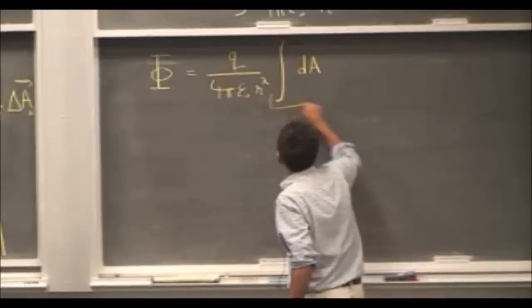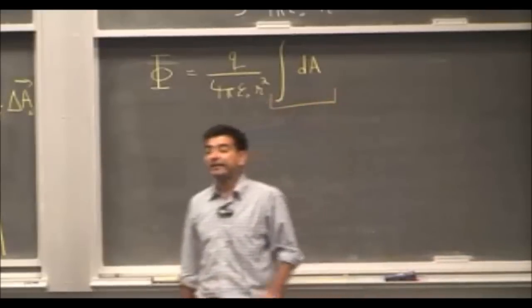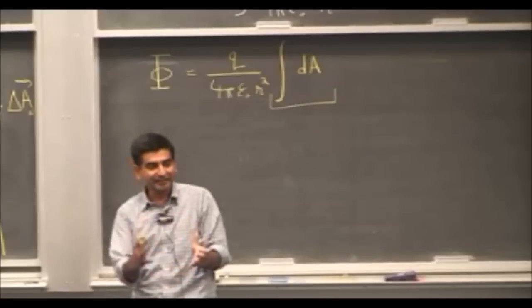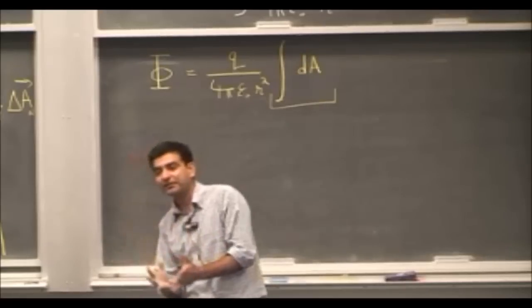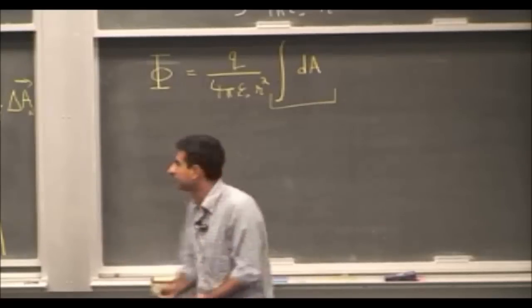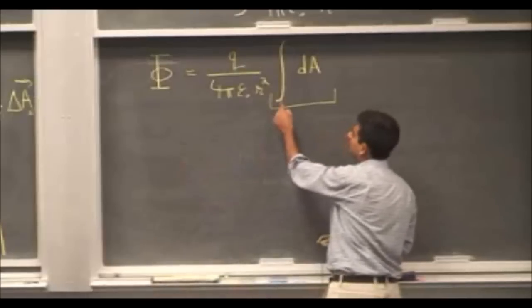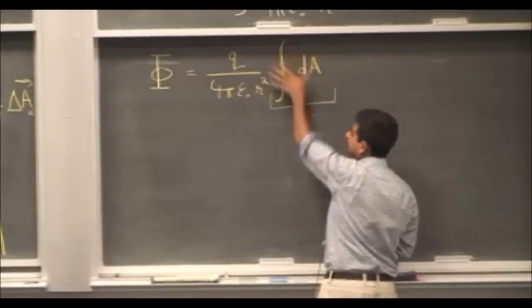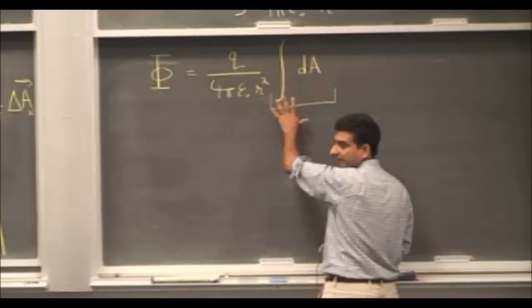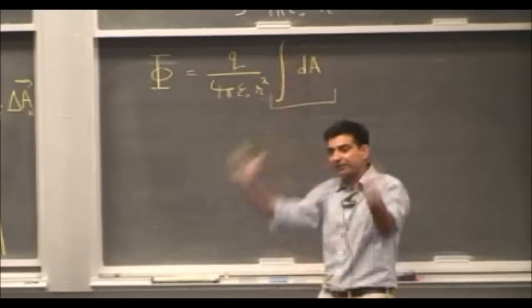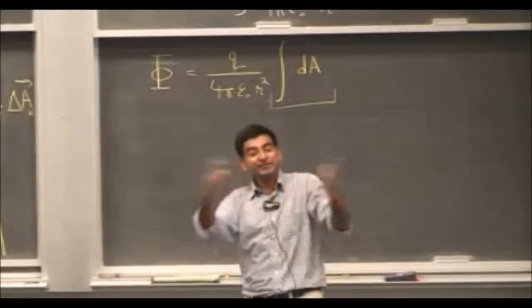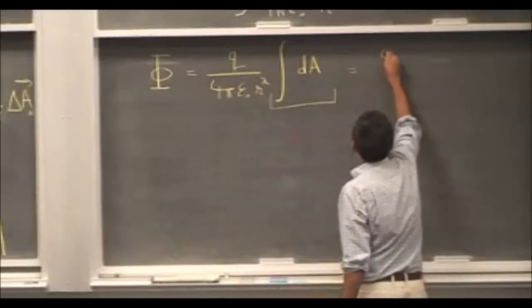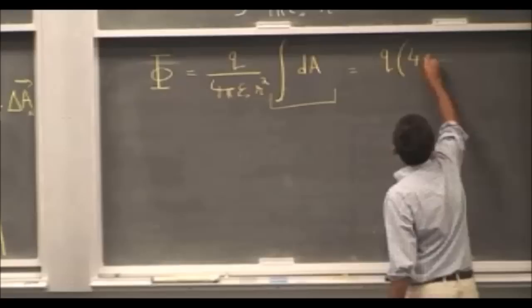And what is this equal to? This is the surface area of the sphere, which is at a radius r. What's this surface area? 4 pi r square. So now you can put in variables if you like, but this is just the sum of all the patches, right? And it's quite obvious, it's the surface area of this hypothetical Gaussian surface that we draw. And this turns out to be Q into 4 pi r squared